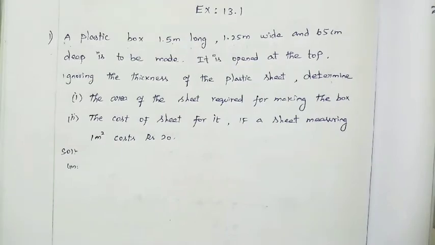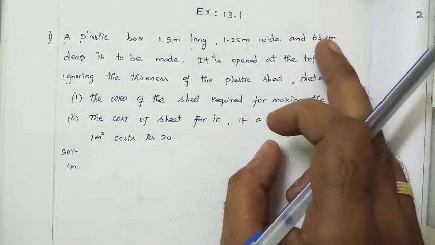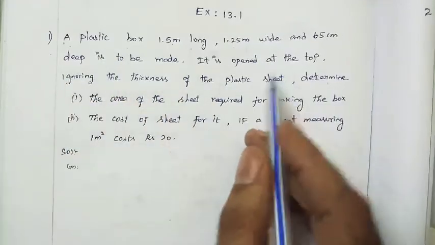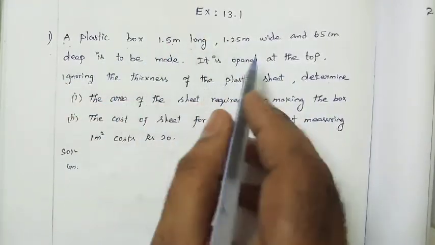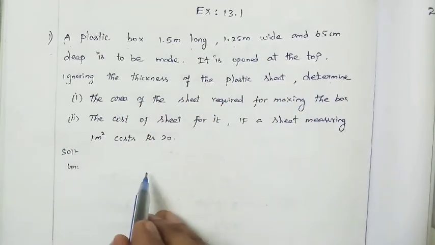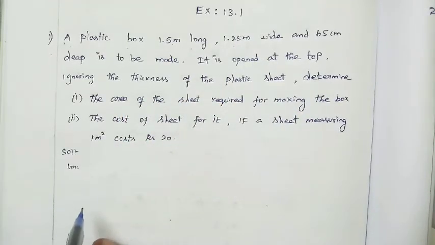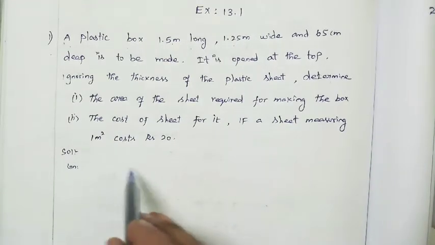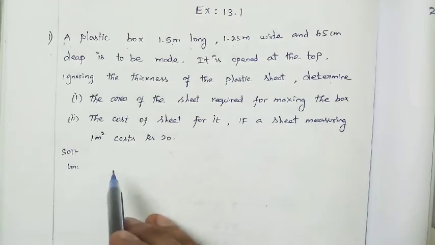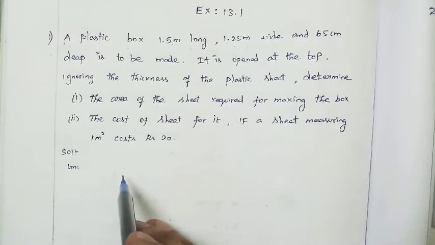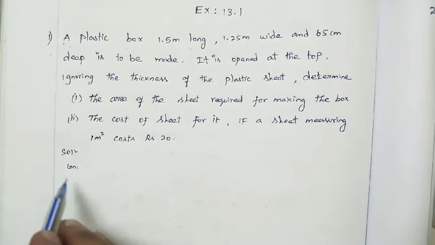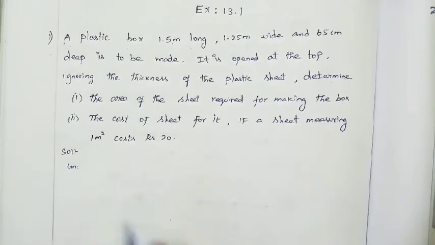One more very important thing. In word problems, while we are reading, first we have to sort out the given things. Next we write what we want to find, because by seeing what is to be found, we know what formula is needed. For the formula, we check whether the needed values are available in the given part or not. If not, then we have to think how to find them. So first we write given and to find. That's very important. So see here, what things are we having here?